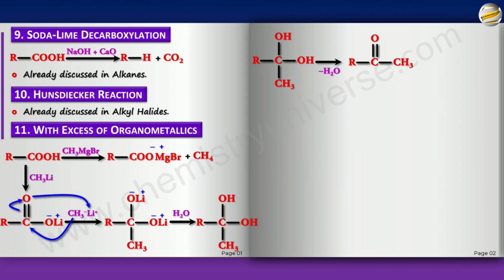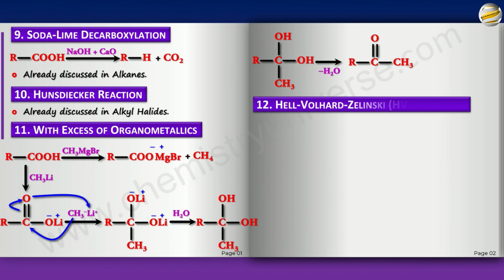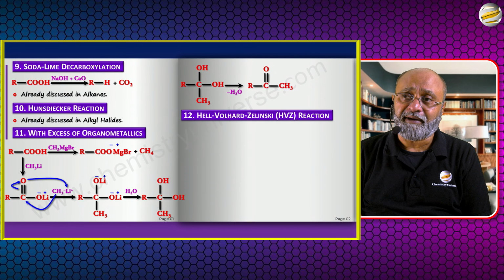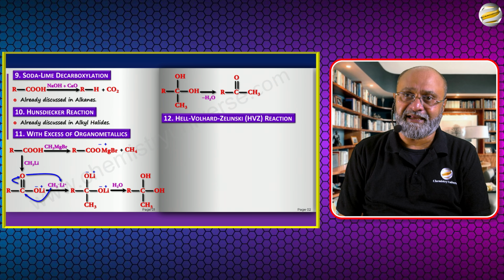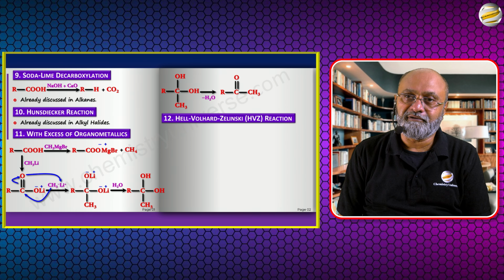The next one is a very interesting reaction called the Hell-Volhard-Zelinsky reaction, a very important reaction. In this, what you do is that you take a carboxylic acid that has alpha H. And the moment I talk about alpha H, it seems like maybe some aldol type reaction. No, it's not an aldol type reaction. But essentially what happens is, if you take a carboxylic acid with alpha H, and with the reagent that I'm going to show you, you will get an alpha halo acid.